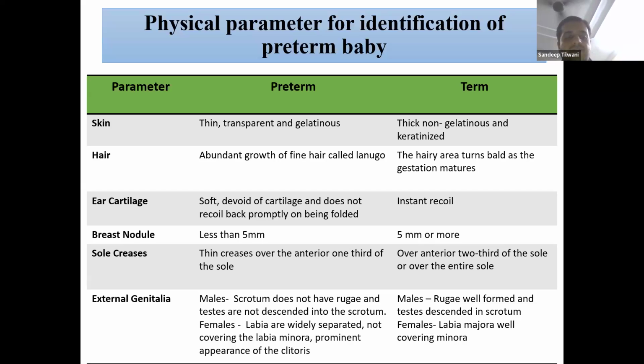Okay. Then coming to the breast nodule. When you measure the breast nodule between two fingers, the size would be less than 5 millimeters in a preterm baby, and it will be more than 5 millimeters in the term baby. Coming to the next point, that is the creases on the sole. Whenever you examine the sole of a baby, if it is a preterm baby, there would be thin creases which are either present on the